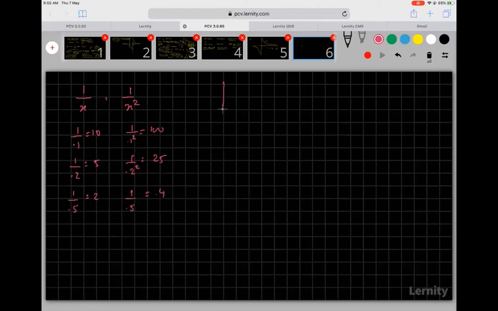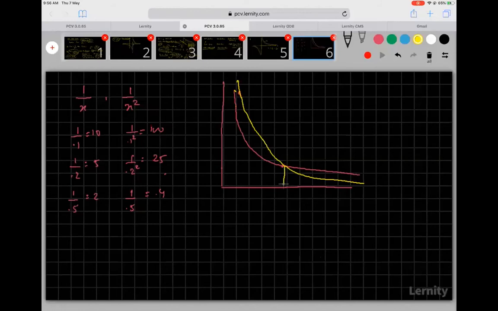So you see, this is going to be steeper, and then it goes this way. Now as far as this is concerned, these two will intersect at this point. So maybe if I draw it in yellow, they'll start somewhere at the same point, but this goes steeper, so it will come gradually, then it will cross, and then it will come down. So this is how it looks. This point is 1, so both the curves will intersect at 1. So at x is equal to 1, y is also equal to 1.